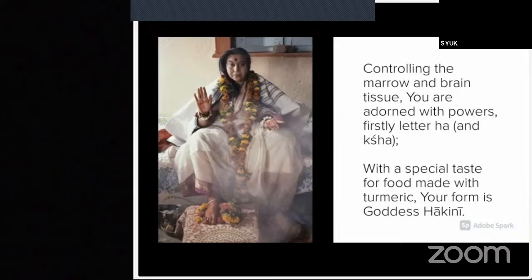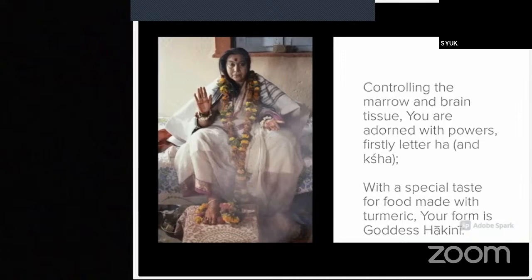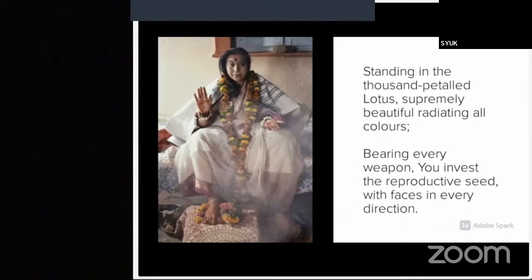With a special taste for food made with turmeric, your form is Goddess Hakini. Standing in the 1,000-petaled lotus, supremely beautiful, radiating all colors, bearing every weapon, you invest the reproductive seed with faces in every direction.